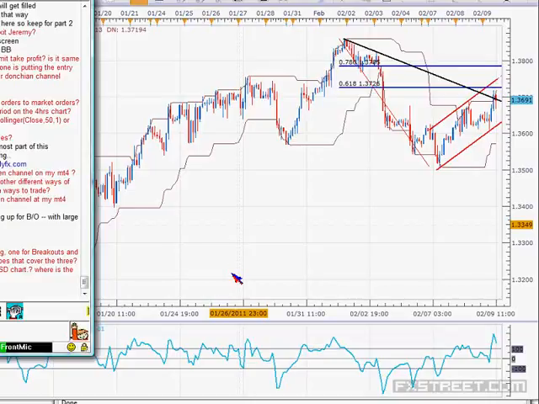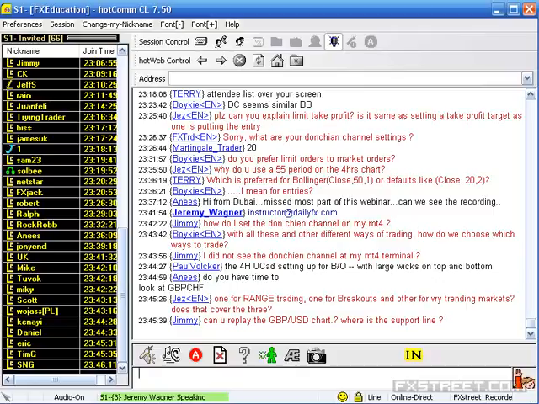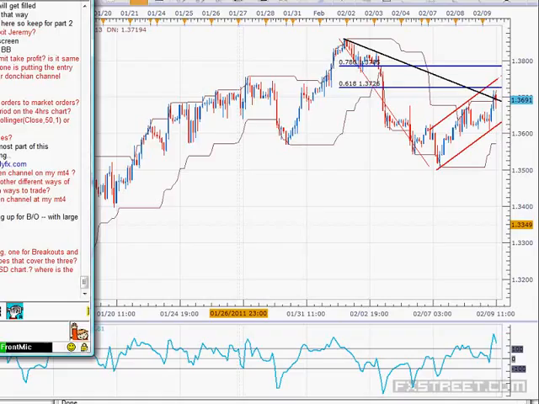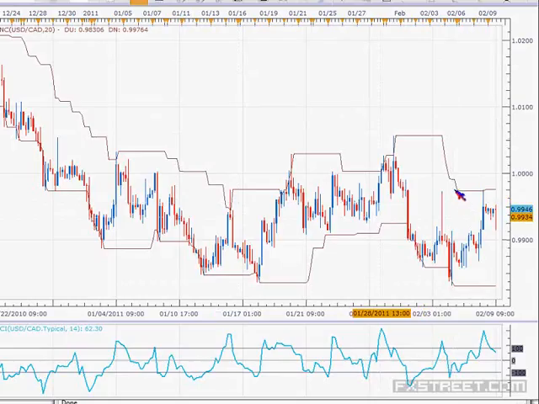So we got a 4-hour dollar CAD. Mr. Volker wants to take a look at that. All right, here's the dollar CAD 4-hour chart with large wicks on the top and the bottom. And yeah, these large wicks up here, the daily trend has been to the downside, but